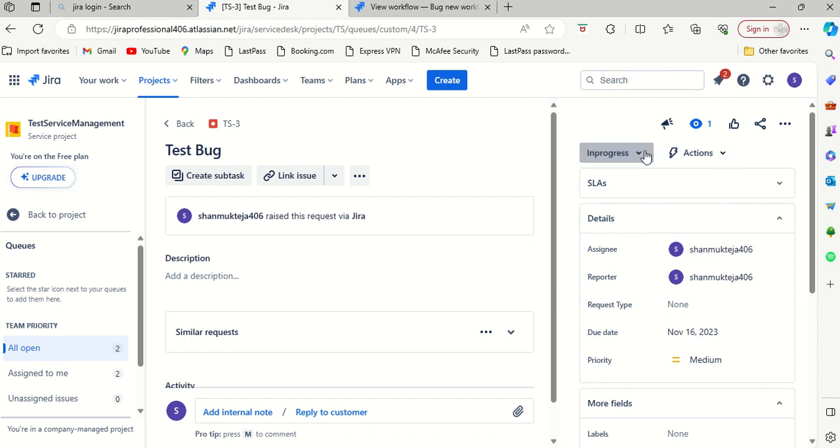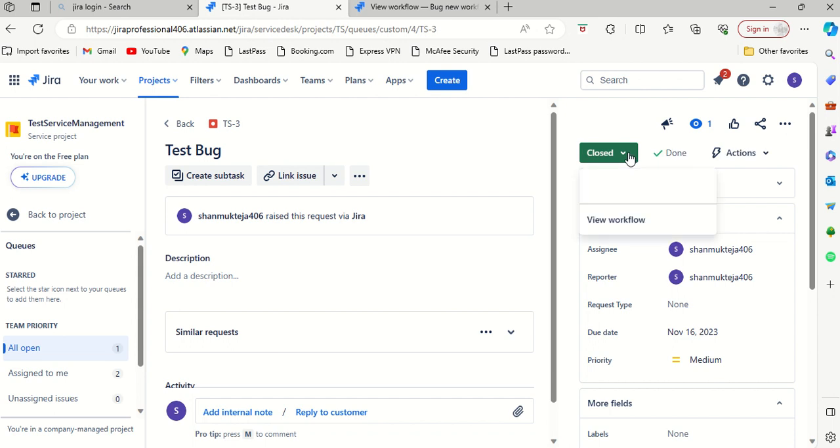Okay, so let me try to resolve it. Okay, now it's in resolved status, and there is one more status from resolved. It is called